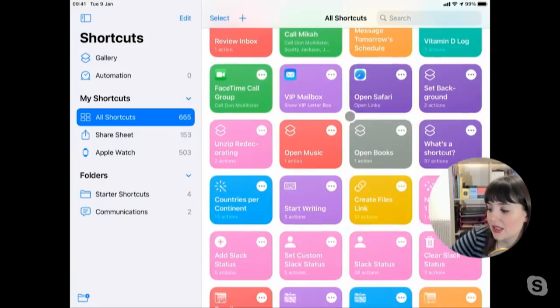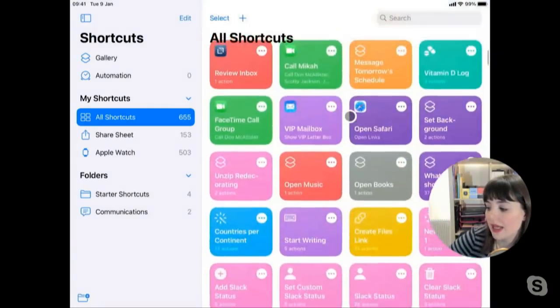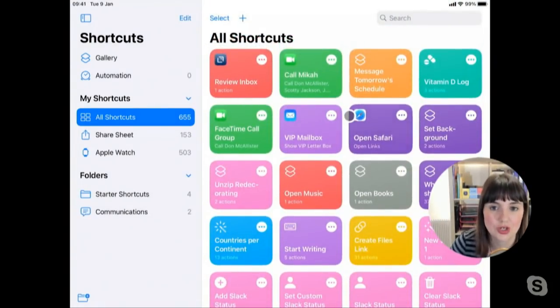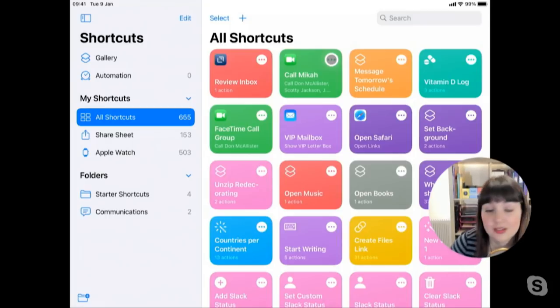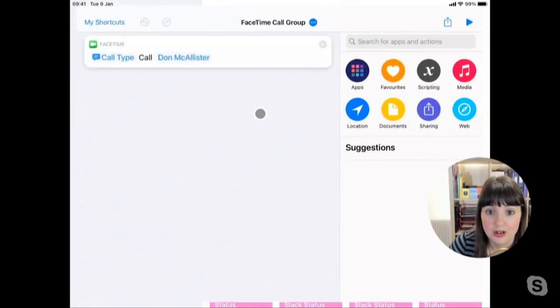And this does mean that it might be a little bit hairy with the name that I gave this shortcut, Call Mikah. Because guess what? If you say, hello, Apple lady, call Mikah, then she's going to use the default phone application and just make a call or do whatever it is that she would usually do. So you do need to think a little bit about how you name things in order to use that. So I would probably rename this one if I wanted to use it through Siri. But you don't have to. But that is actually this shortcut right here is how